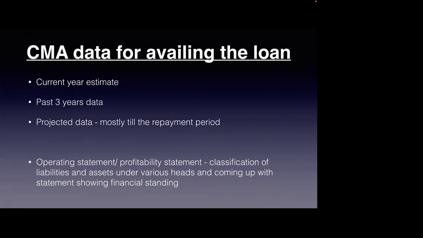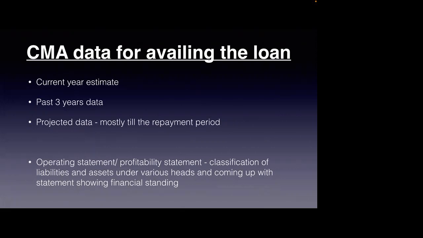One, current year estimate. Next, past 3 years data. Another one, projected data, which is mostly till the repayment. What do we understand under each of these? Let's go into detail. Current year estimate is the estimate or data belonging to that particular institution. Assume you're an NBFC. Let's take an example of my own company, and I am planning to take a loan of about 50 crores. So a bank, under the first heading, will ask me how my current year is going on. This could include